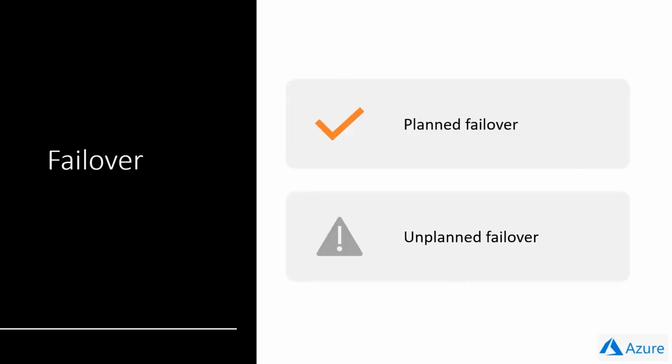Now, we have basically two types of failover. Each failover, of course, has different use cases and different situations where you can use it. We have the planned failover and the unplanned failover. So the planned failover switches the roles of primary and secondary databases after the full synchronization is complete. That means that this is an online operation that does not result in data loss. You don't have any data loss, you plan this failover.